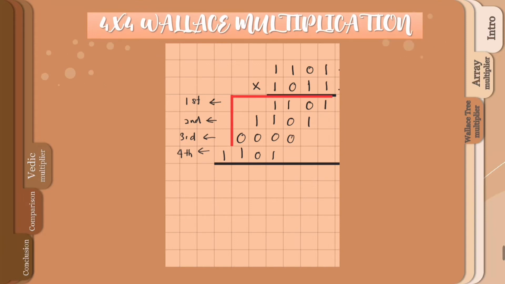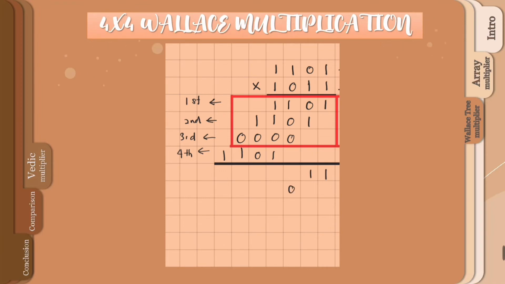In this step, we must group only 3 partial products and add them until there are only 2 partial products left. If there is only 1 bit in the column, we just bring it down. If 2 bits, we will add using a half adder, and here the sum of 0 plus 1 is 1 and the carry is 0. 1 is here and the carry is brought to the next stage.